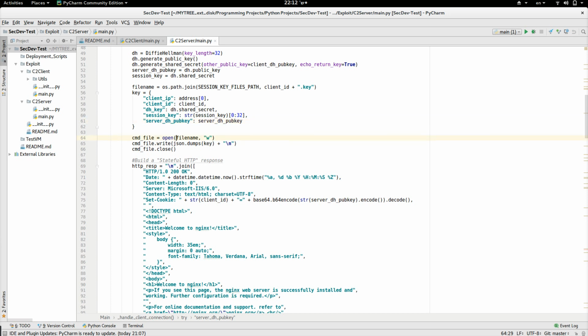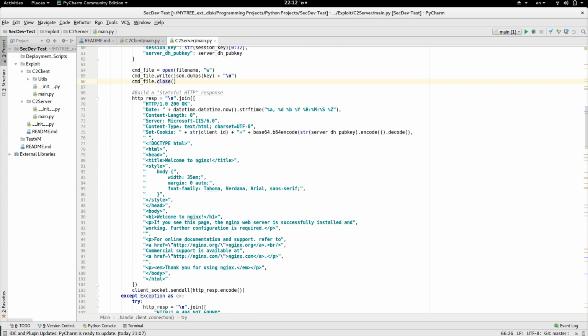So it will open that file, write that JSON to it, and close the file, and then it will send the client something that would look like an HTTP response. You see, HTTP 1.0 200 OK, the HTTP status name, the date, the current date in the right format, and it will declare an HTTP server, which is Microsoft IIS 6.0, which probably doesn't exist in any company now, which is actually, if I remember correctly, it was used